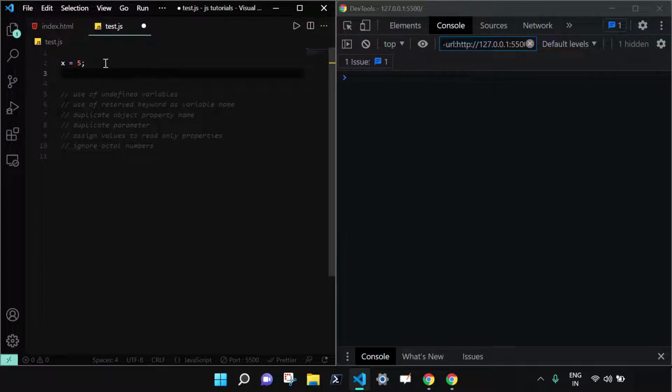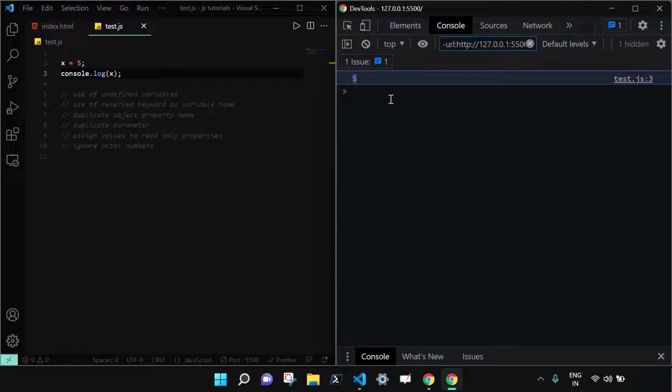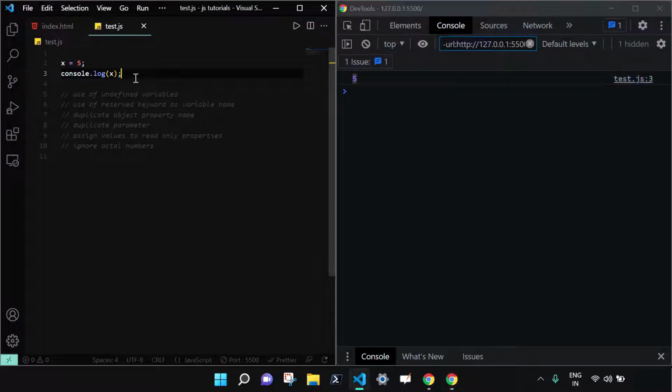Let me also print this. If I do console.log of x, and save the file, you can see that 5 is printed on the console. So it is quite clear that we have not declared the variable, but in the non-strict mode of JavaScript, whenever we write something like a name is equal to some value, it will automatically make a global variable of that name.